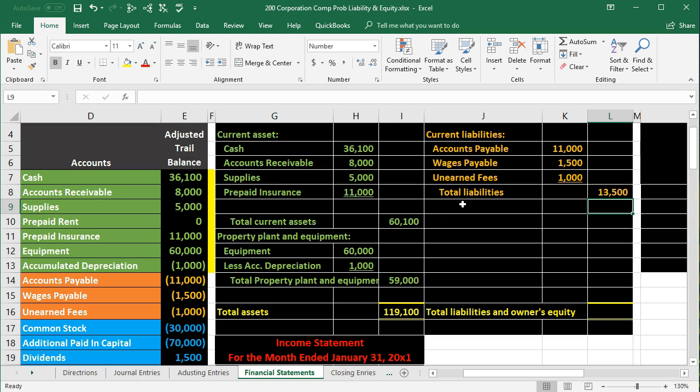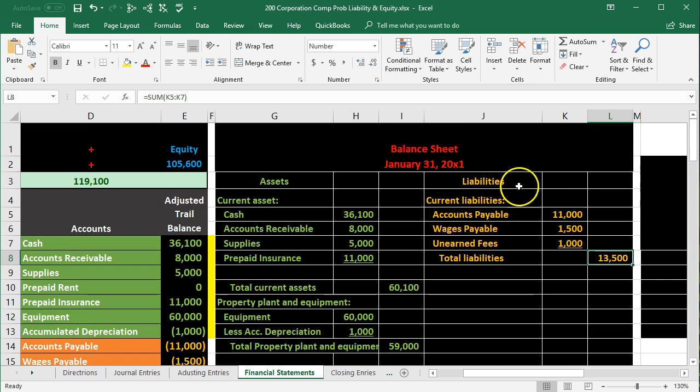And that's because it's a little confusing if we don't have any long-term liabilities, meaning we could say this is our total current liabilities and just not put any long-term liabilities here. But we want a category saying liabilities. We want our ending number to say liabilities. The other option is we could say, okay, well, here's total current liabilities, and then say long-term liabilities and have a 0, and then total liabilities being the same number. But that seems like a waste of